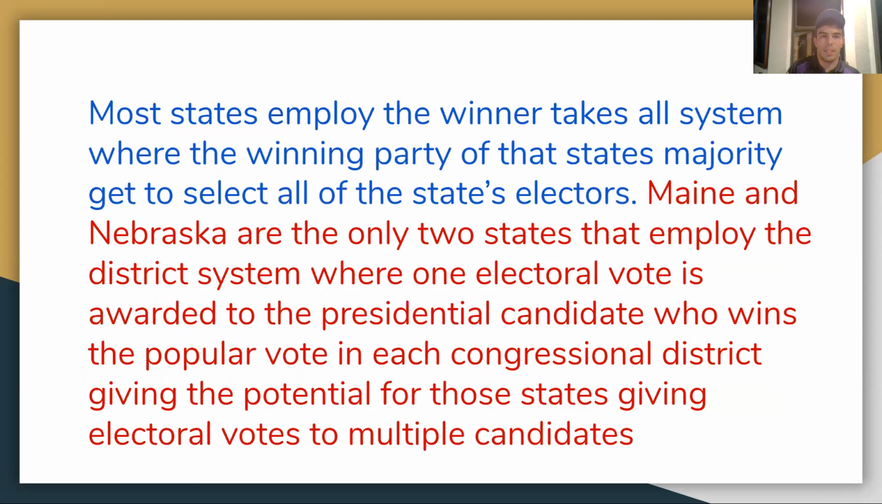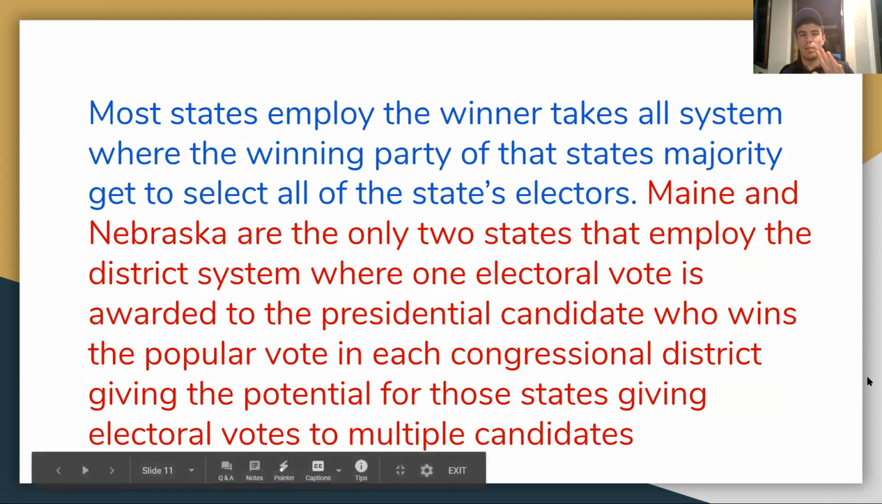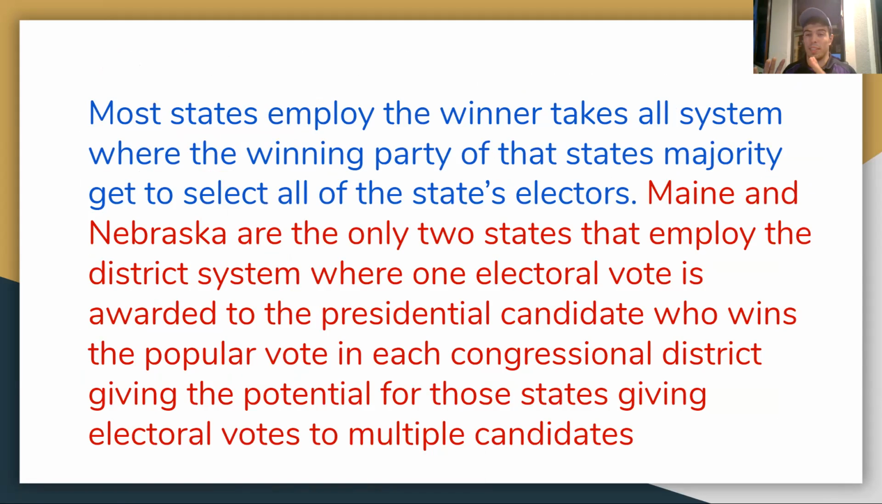All right. So most states employ the winner-takes-all system, where the winning party of that state's majority gets to select all of the state's electors. However, there are two exceptions here. Maine and Nebraska are the only states that employ the district system, where one electoral vote is awarded to the presidential candidate who wins the popular vote in each congressional district, giving the potential for these states to have electoral votes